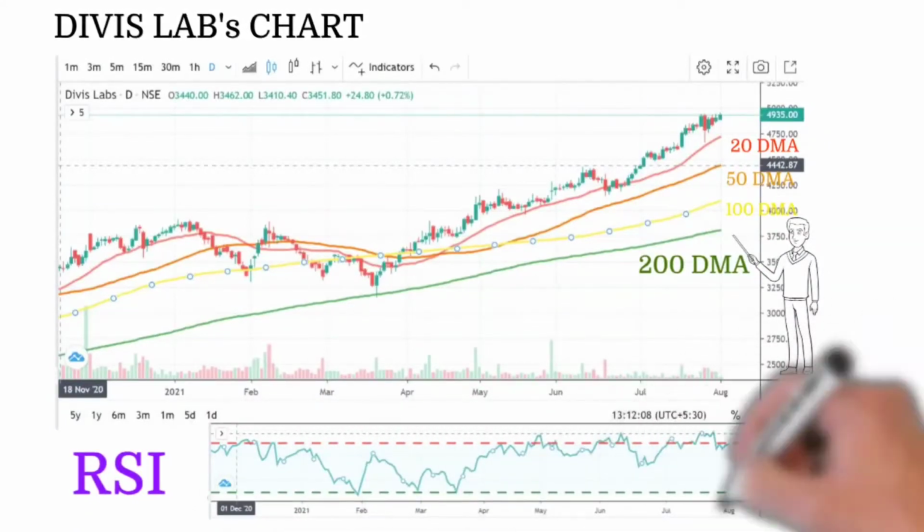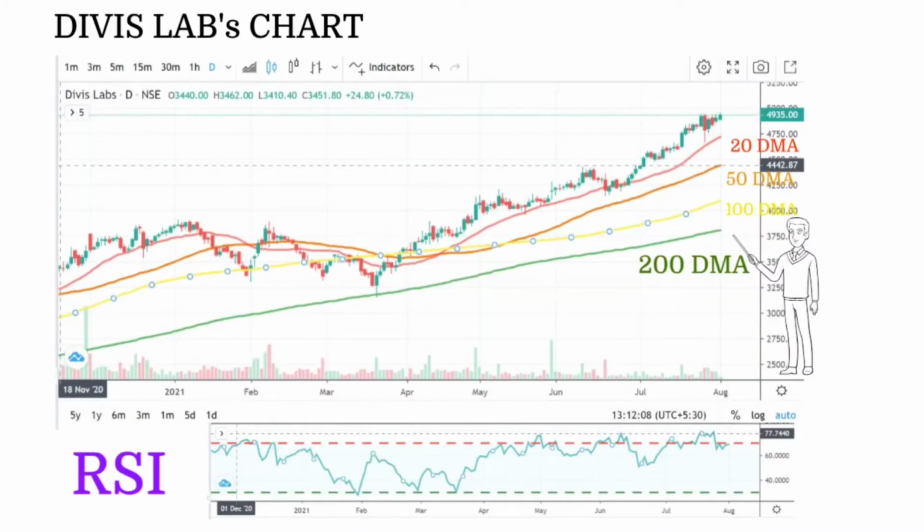Now, you know, RSI is the strength index of the stock itself, right? So it's always marked in bounds. The upper bound is the red dotted line, which is 70. The lower bound is the green dotted line, which is 30. The movement of the index is marked in blue, and the body of the strength index is marked in light blue. Now, we all know that 40 to 60 is a zone where we consider it to be a good buy.